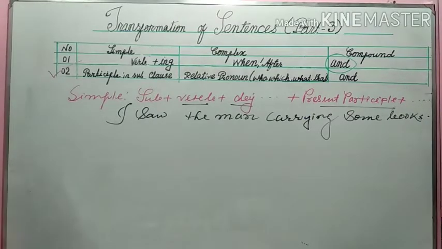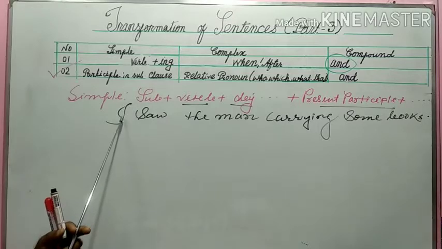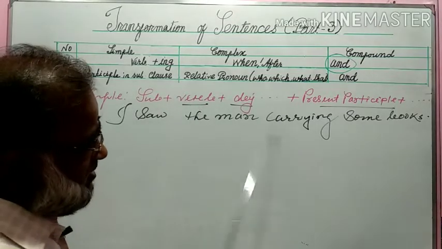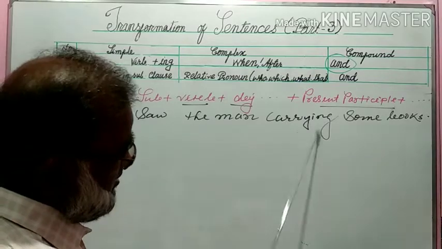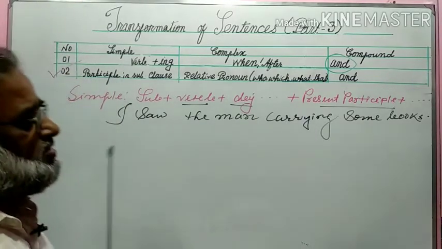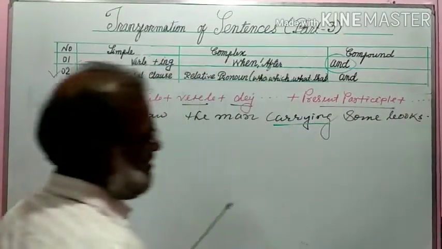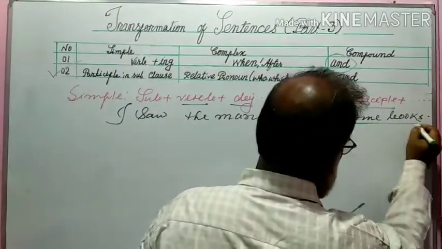This is a simple sentence. Subject I, verb saw, object the man, present participle carrying. This is a present participle in a simple sentence. Some books,